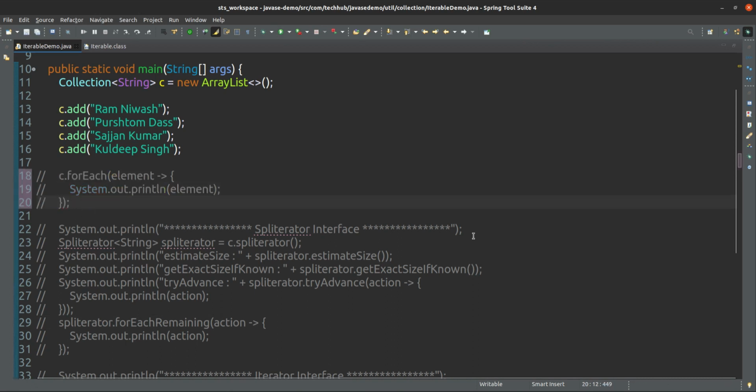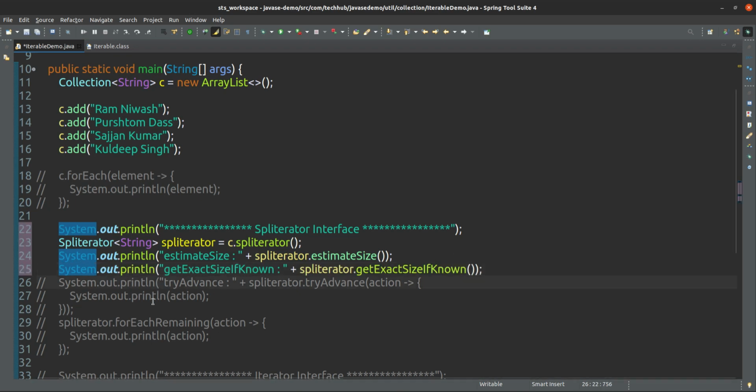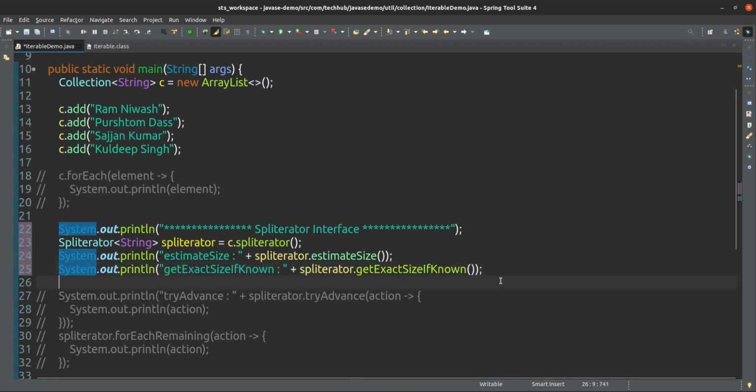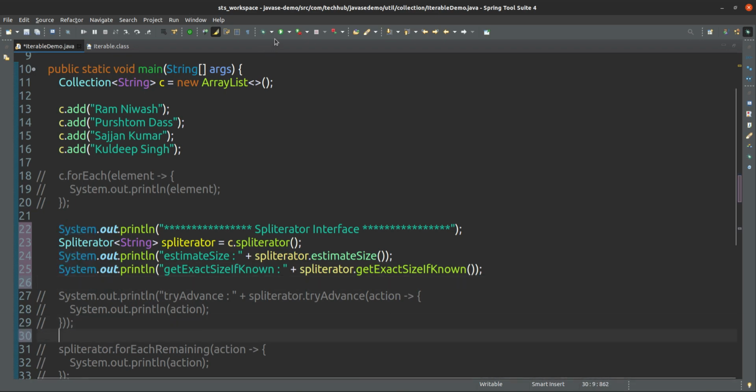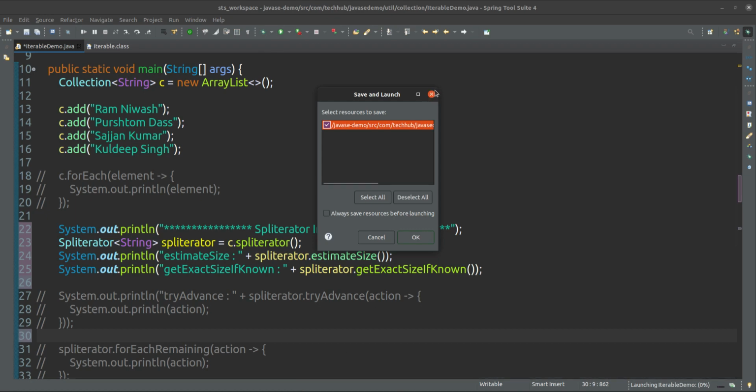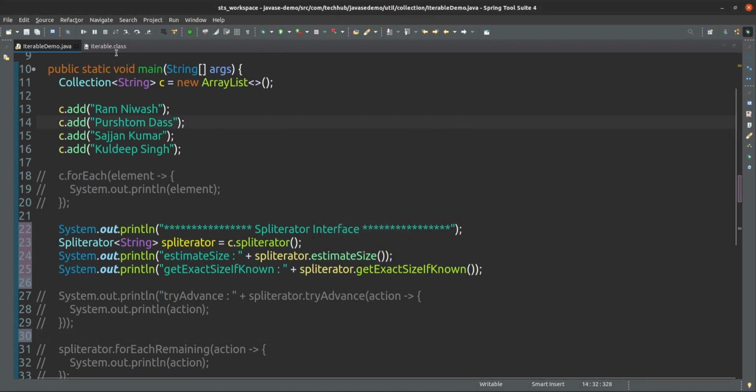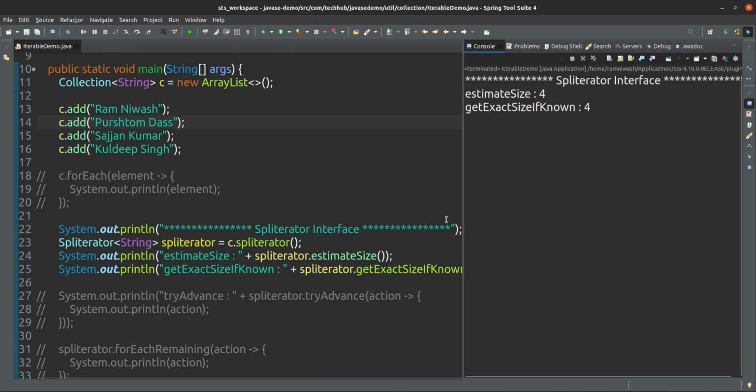Iterable is Spliterator. So this is a Spliterator. If I get the Spliterator, what happens? I have to save this first. Okay, so this is Spliterator. Spliterator means estimate size.